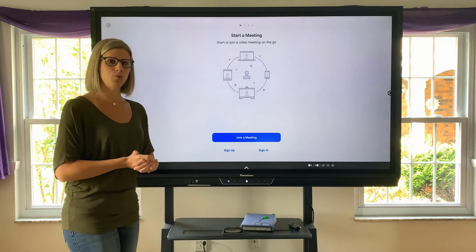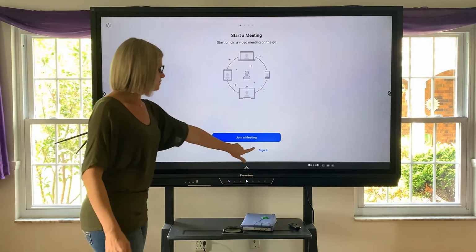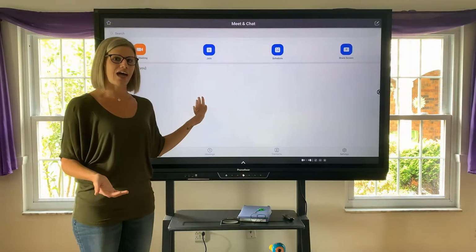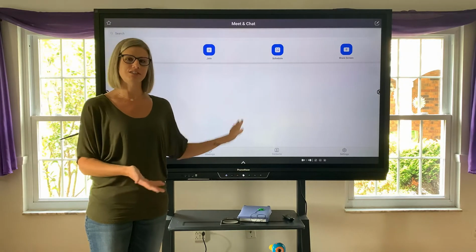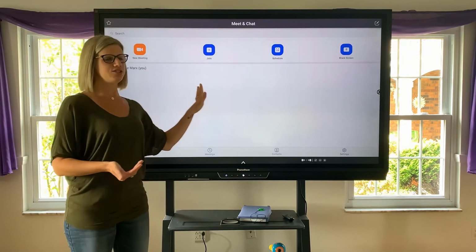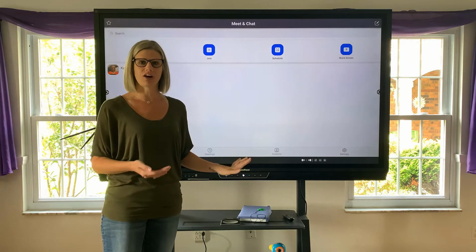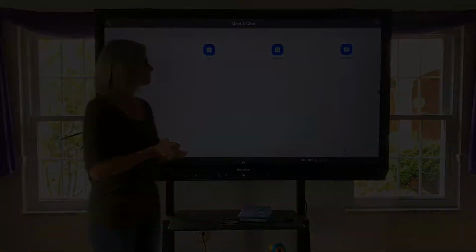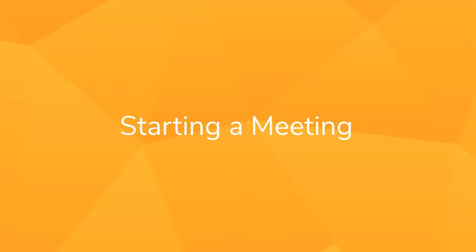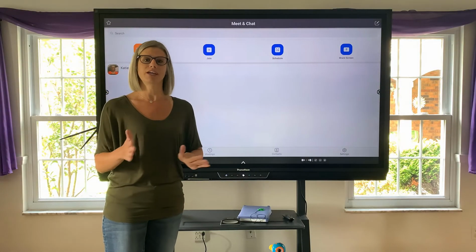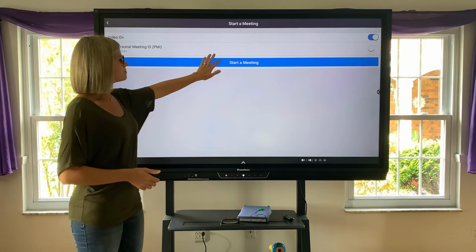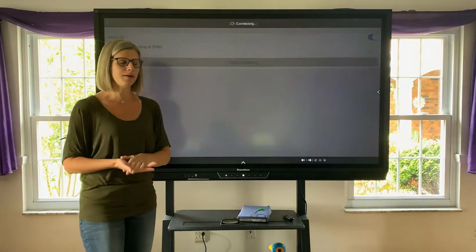Once we have the Zoom app installed and we open it, I'm going to sign into my account. Notice that I have all of my necessary information. So all of my scheduled meetings, I could start a meeting, I can see my whole calendar, and I'm ready to use my panel with the Zoom app. So we're going to go ahead and start a meeting so I can show you how easy this is. So I'm going to start a meeting,